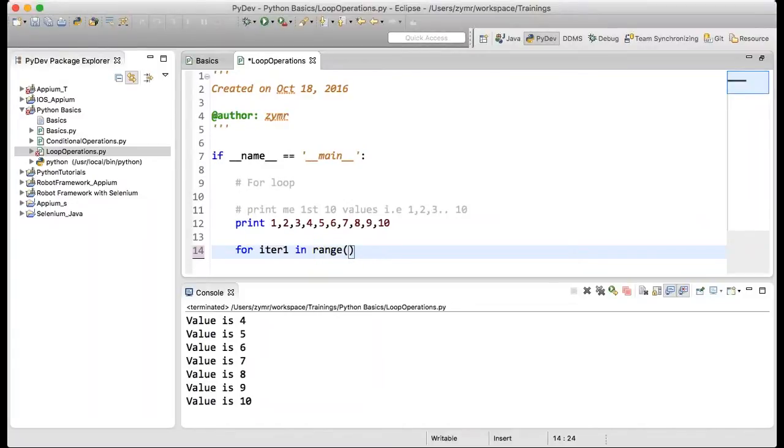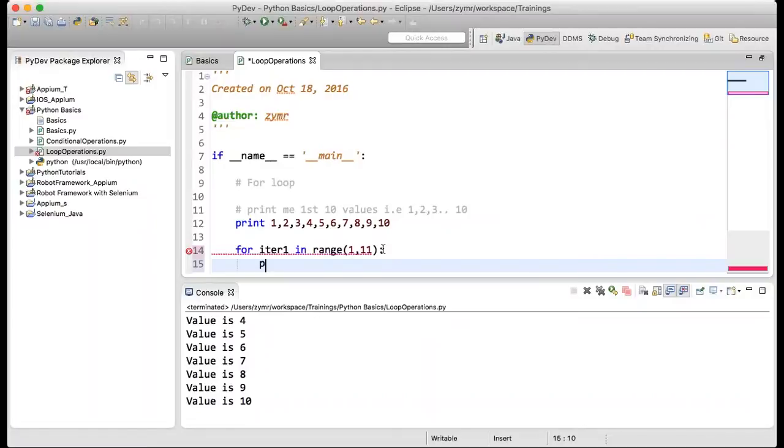Here I'm specifying the range between which the for loop should run. The first parameter is where I have to begin and up to where. I will say 11. Up to 11 means it will not execute the 11th loop, so this loop will execute 10 times, from 1 up to 11.